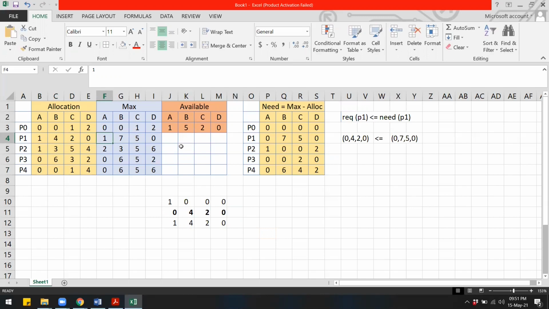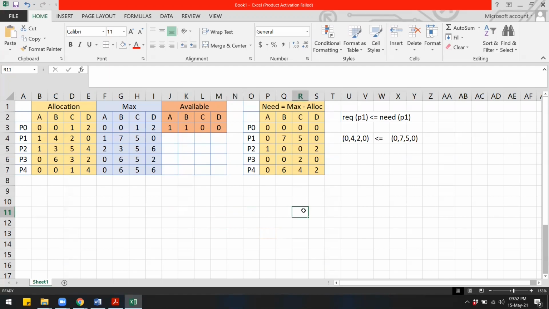and then the available is also going to change. So we'll subtract 0420 from the available. The available is 1520, and if we subtract 0420, we are going to get 1100. So the available is 1100, right? So once again, we are not actually giving out the resource. We are only checking to see if we update these values and run a safe test, is the system going to end up in a deadlock?